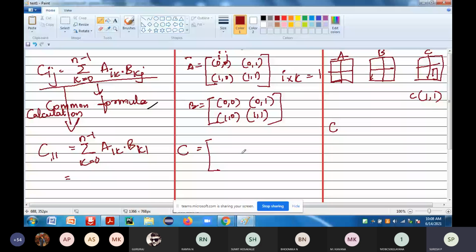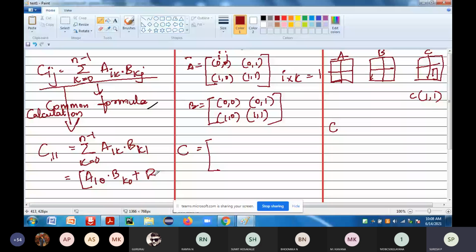So the formula for that particular element will be A of 1 comma 0 into B of 0 comma 1 plus A of 1 comma 1 into B of 1 comma 1. This is how the value for this corresponding element will be computed.